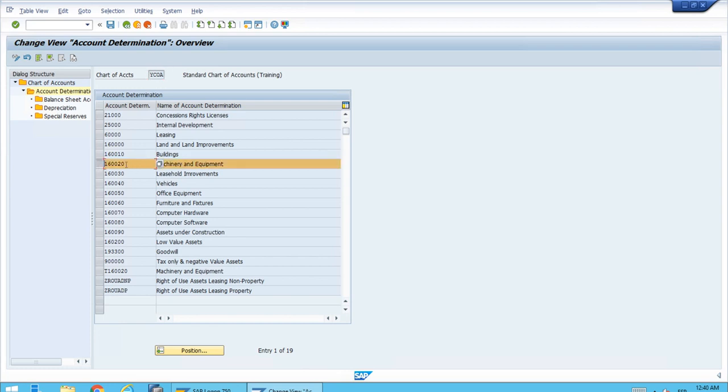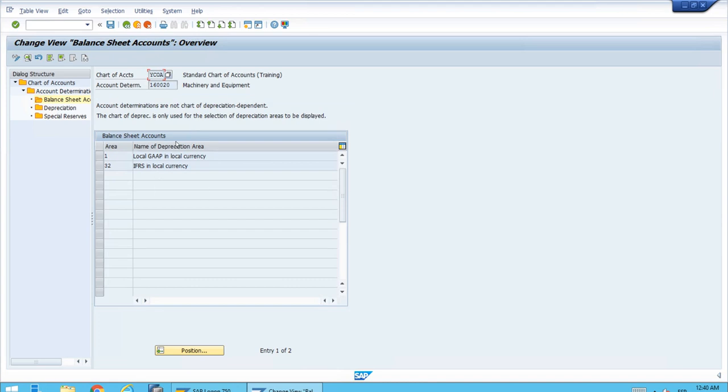Let's select that one. And then on the left hand side, we have settings for the balance sheet accounts, the depreciation accounts, and accounts for special reserves. But we will double click, for example, the balance sheet accounts, and the screen will not show the fields to enter the accounts yet, because we still need to specify the area that is posting and